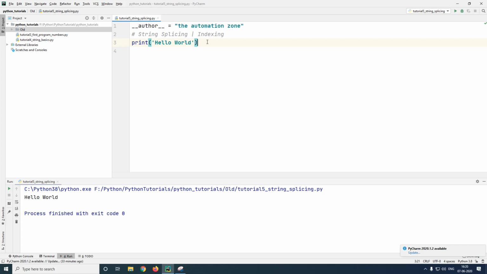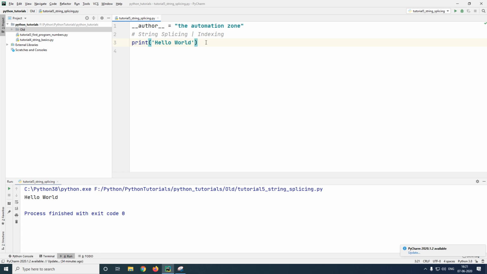Now the first thing to note is each and every string is made up of a set of characters. These characters can be alphabetical characters such as your ABCs. It can include spaces, enters, tabs, etc. It can also include numbers, or special characters such as @, $, %, etc. Now each and every character in your string has a well defined position. Let us look at this sample string here called hello world, and we'll look at each character's position